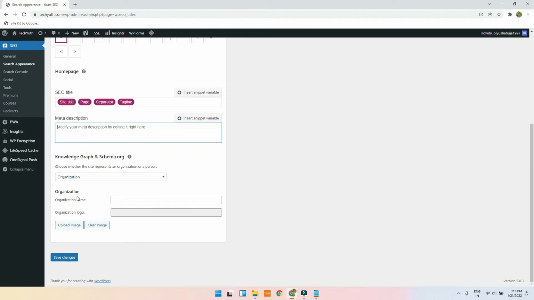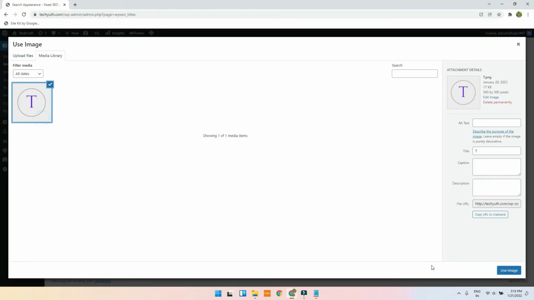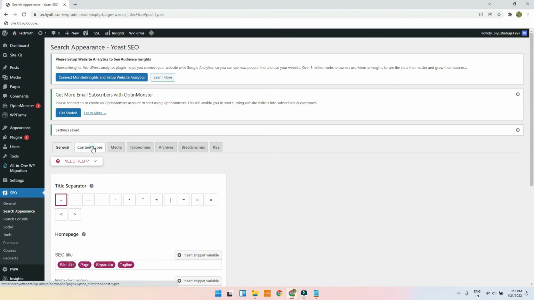Here you have to provide the organization name, which is your website name, and the logo of your website, and just click on save changes. And now let's go on